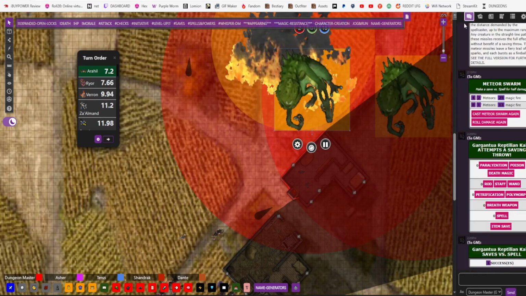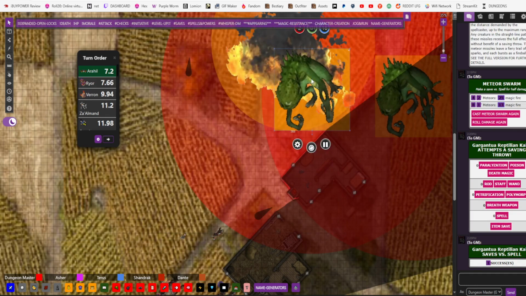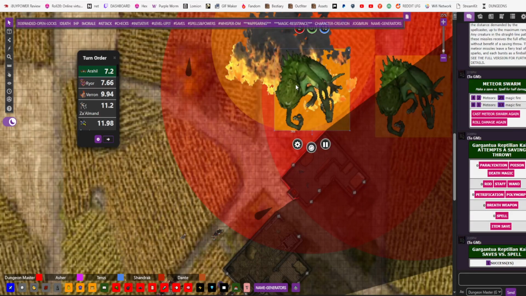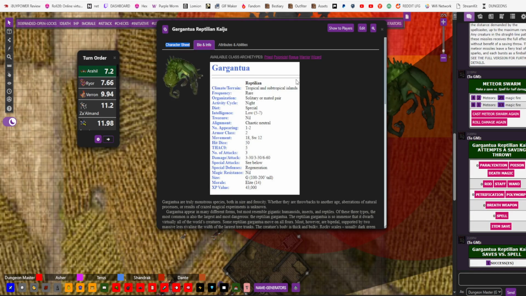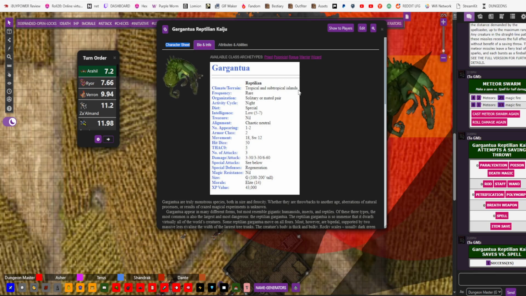Just as the description says, they look like this. Each of these guys is at least 100 feet tall, so you've got to get 100 feet of altitude if you want higher ground. That's a ways. Their size is 100 to 200 feet tall, but I'm just going to make them 100 feet